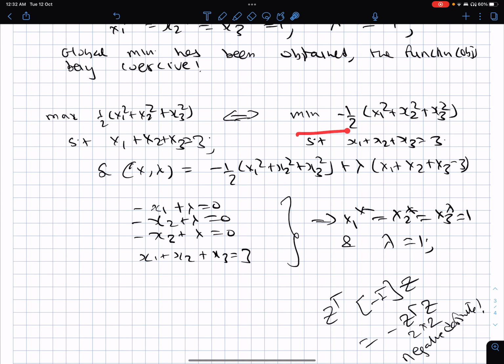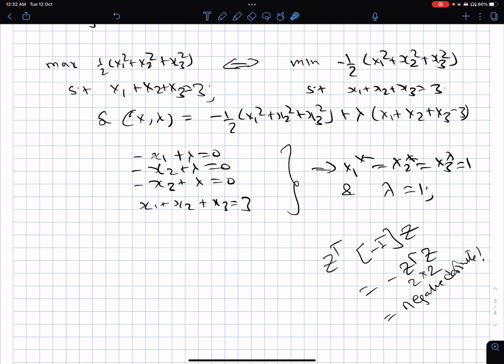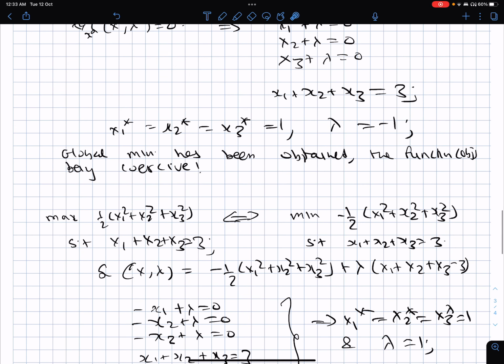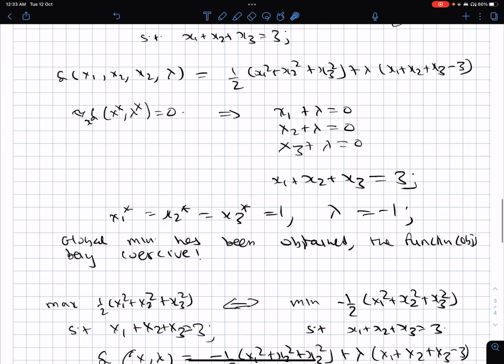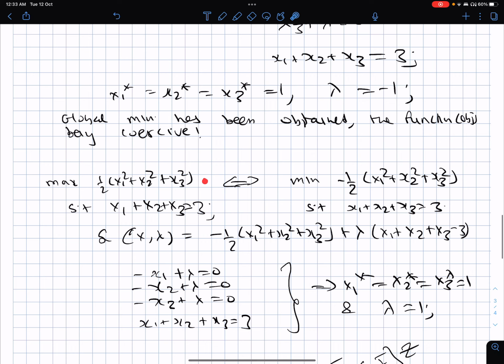We required that the projected Hessian should be positive definite when we frame the problem as a minimization problem, but here it turns out to be the other way around. It turns out to be negative definite, so the second order necessary conditions are not satisfied, and hence this is not a minimum. So there is only a minimum for this problem. The minimization problem has a solution, but the maximization problem does not have a solution. All right, so let's stop this lecture here, and we'll continue in the next class. Thank you.